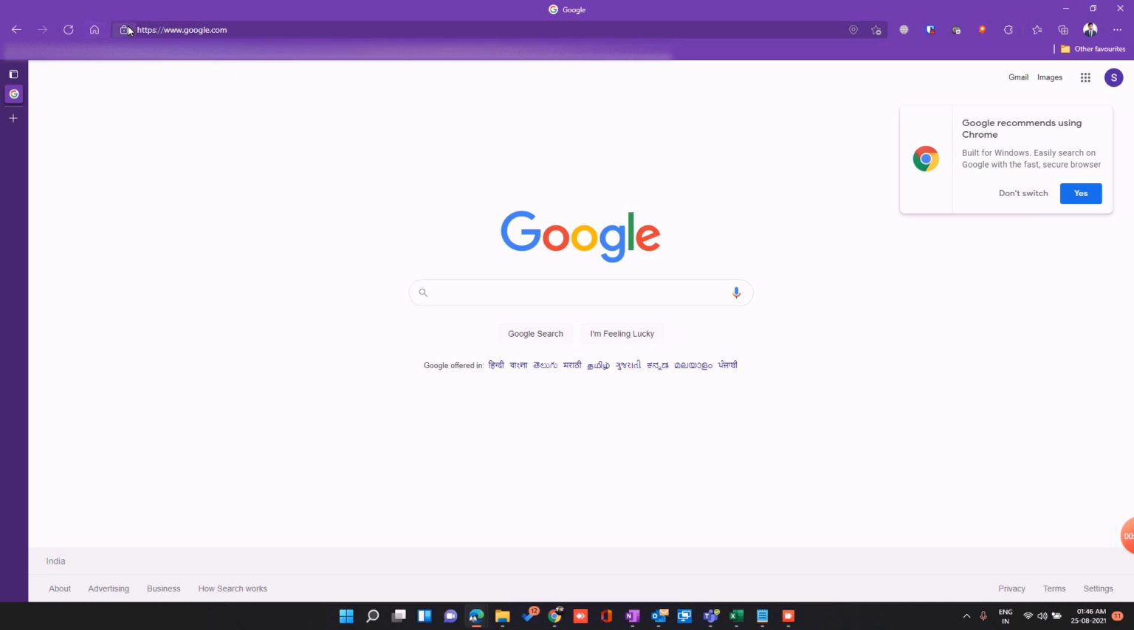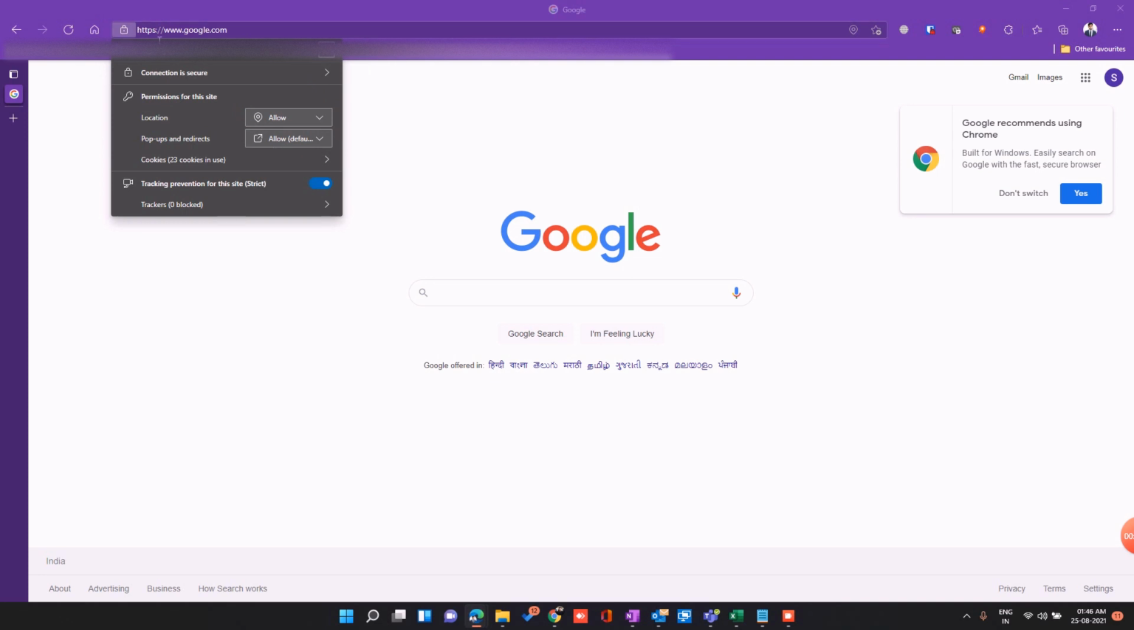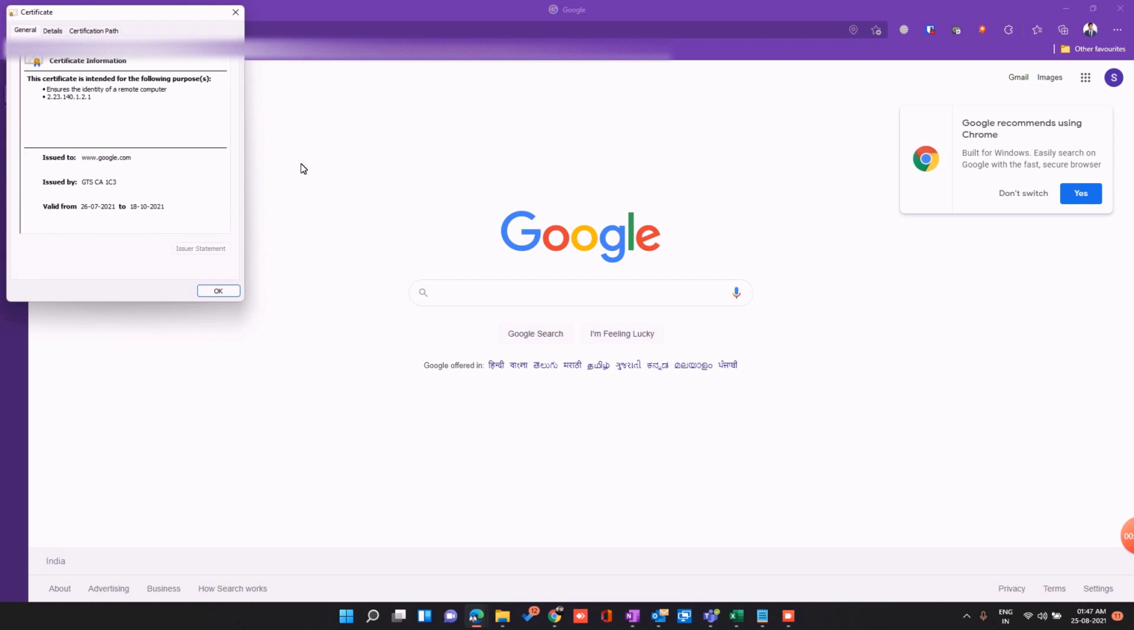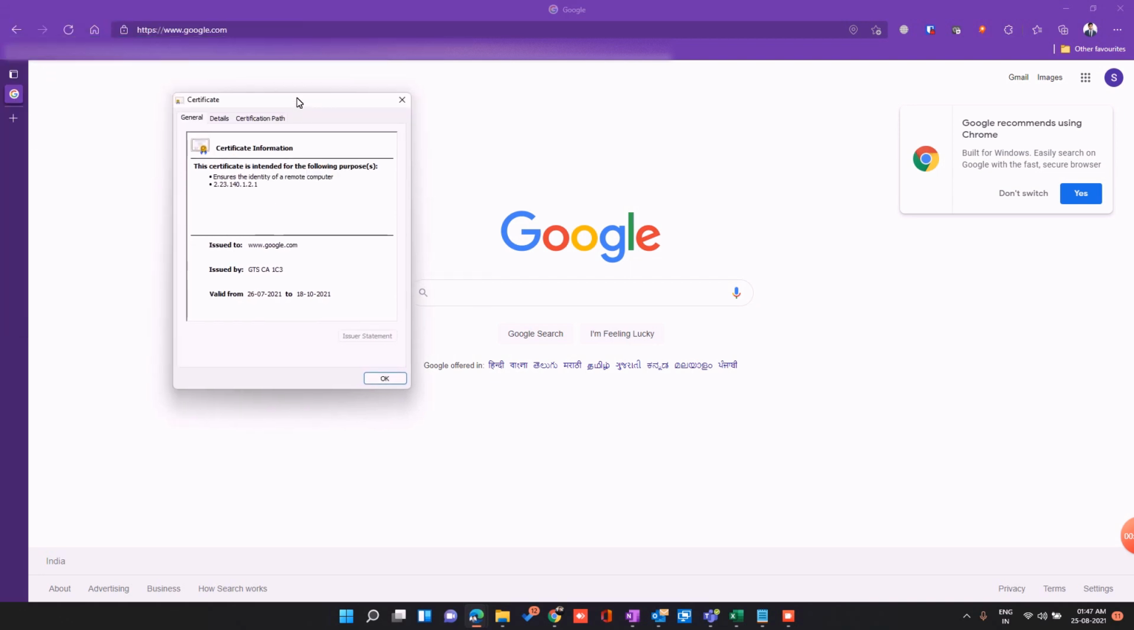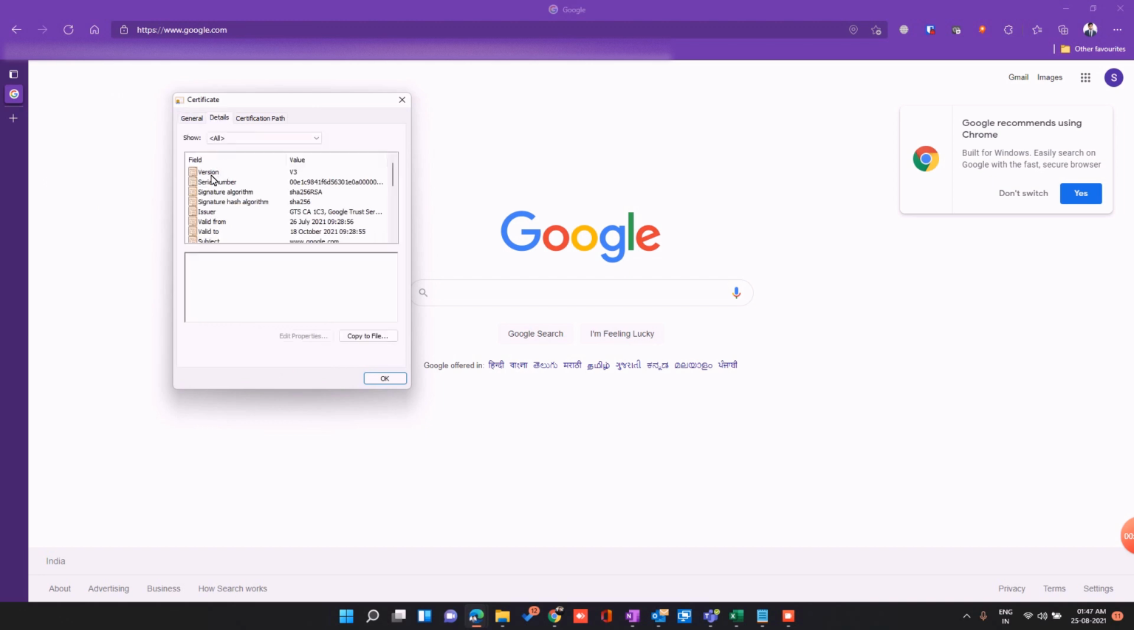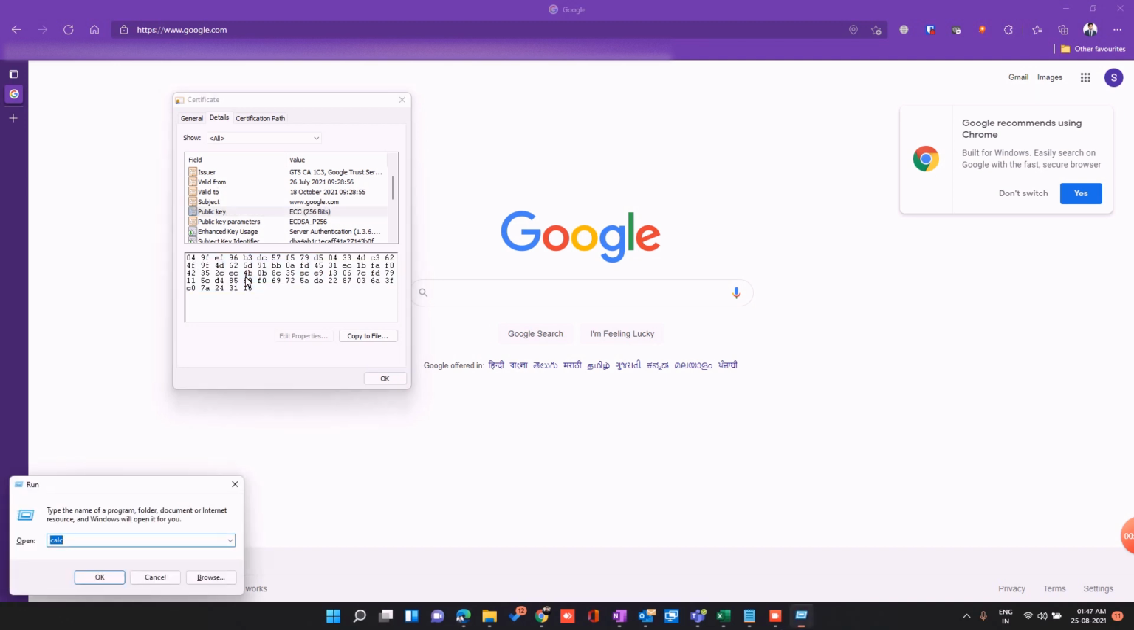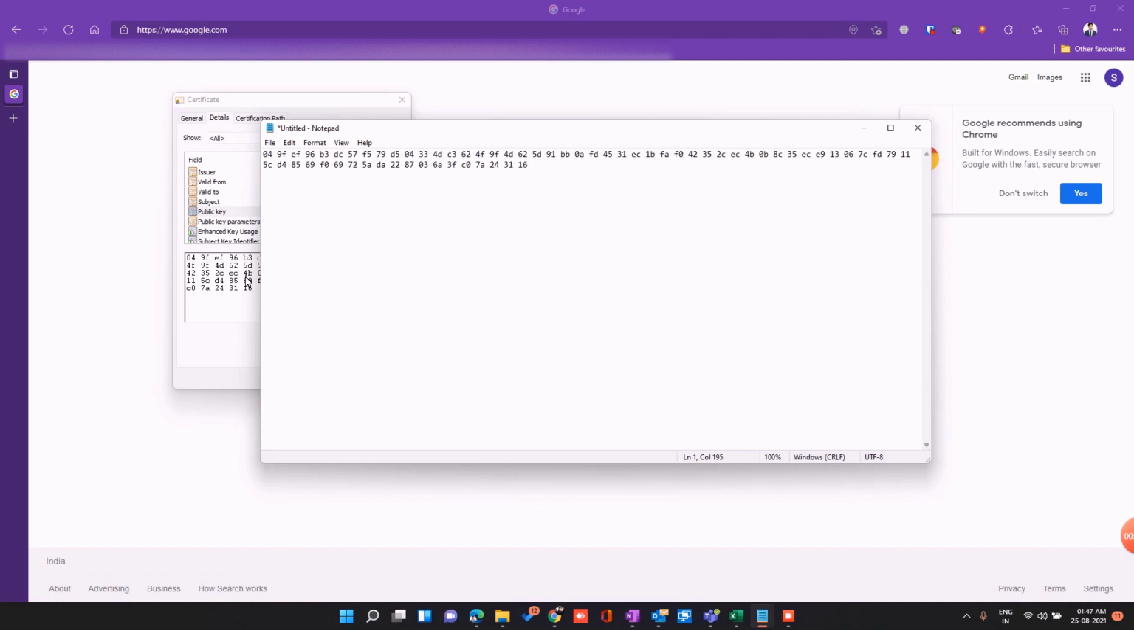When I click on this, you can see something called a certificate within here. As you can see, the connection is secure. If you click on it, you will be able to see the certificate. If I click on show certificate, I will be able to see the certificate information of google.com. If you go to details and scroll a little bottom, here you will see the public key. If you just copy this one and take it to your notepad,